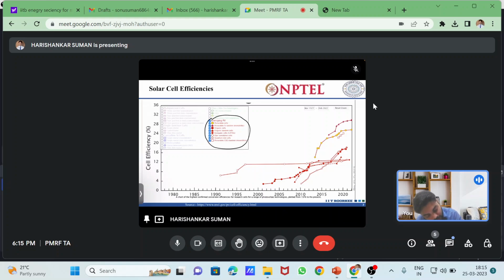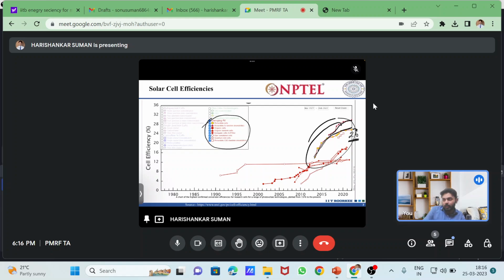Look, in a single decade, tremendous growth rate. You can see here, single junction, this is the multi-junction, and efficiency you can see is around 26% today for our perovskite,